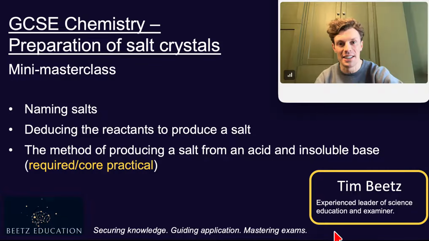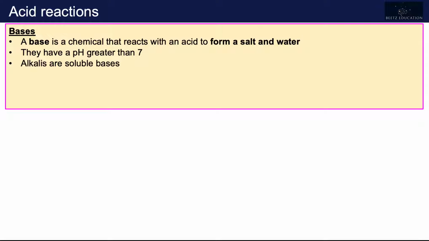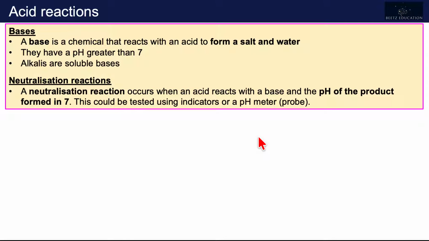Let's get cracking. If you've watched my previous video on acids, bases and neutralization reactions, you'll already have seen this. Quick reminder that a base is a chemical that reacts with an acid to form a salt and water. Bases have a pH greater than 7 and alkalis are just soluble bases. In a neutralization reaction, the product will have a pH of 7, which can be tested for using an indicator